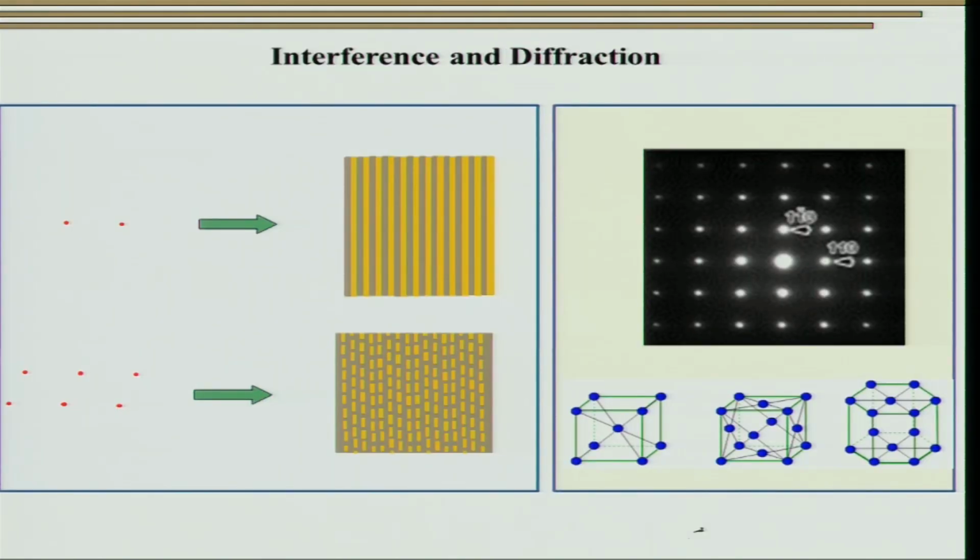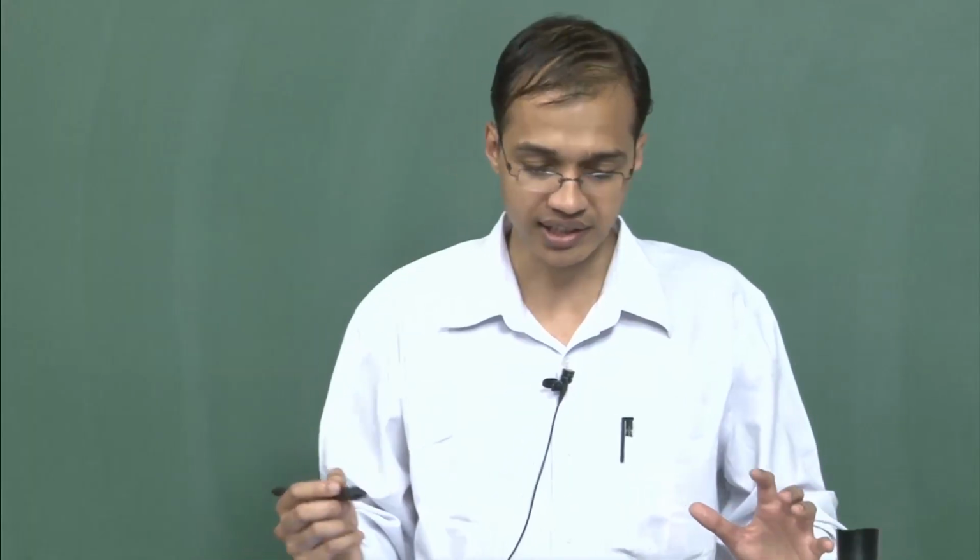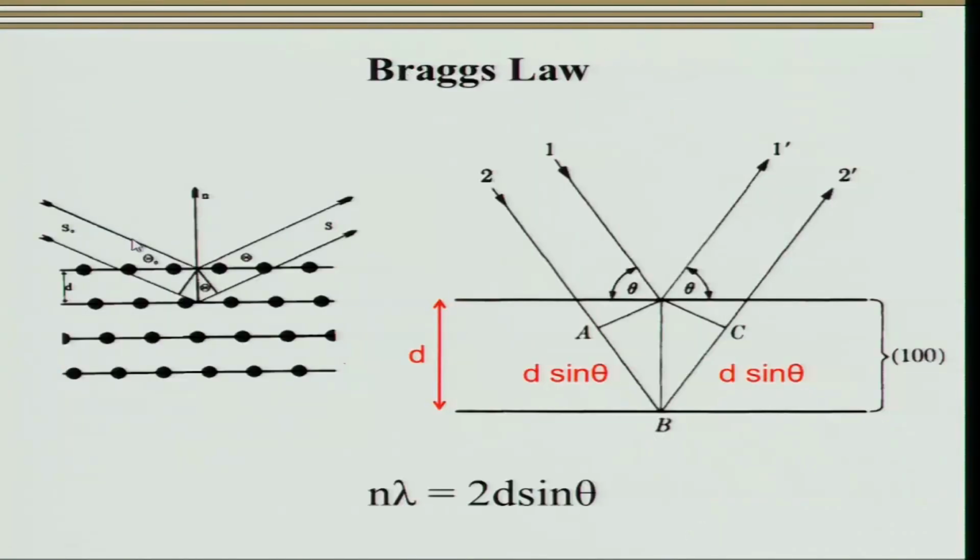Having understood Young's double slit experiment completely, I would like to show you how it can be extended to 2D. So, in Young's double slit experiment, we had two slits which